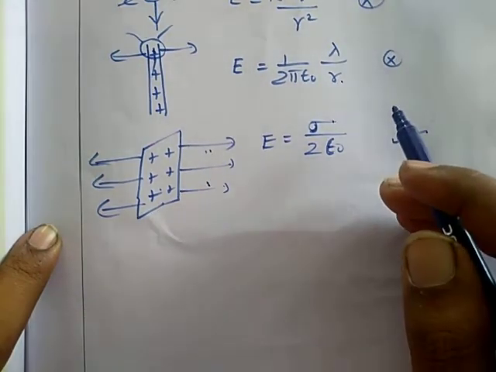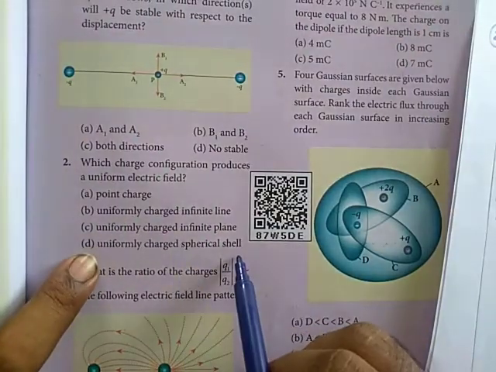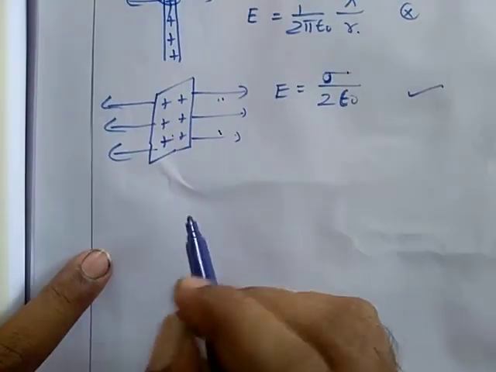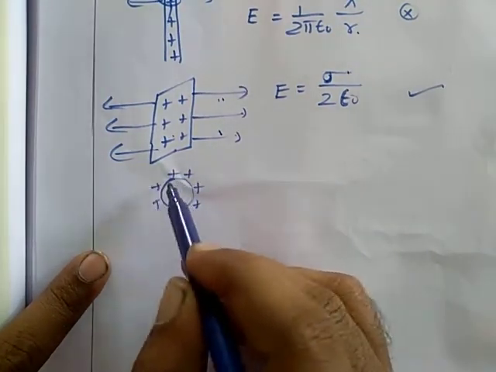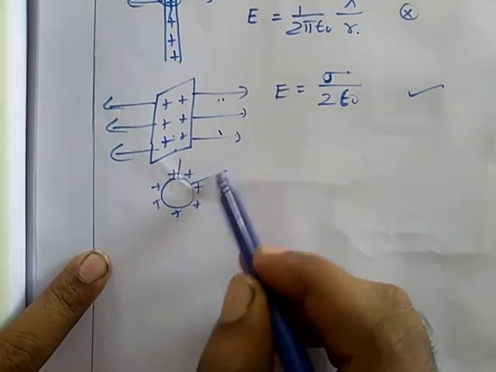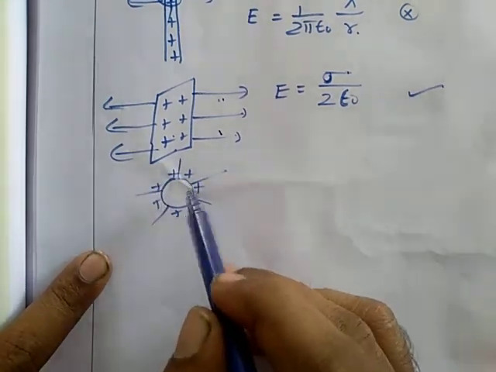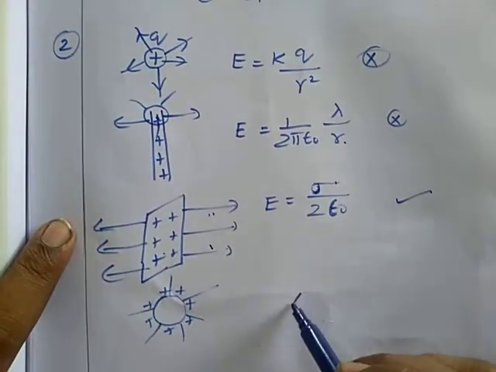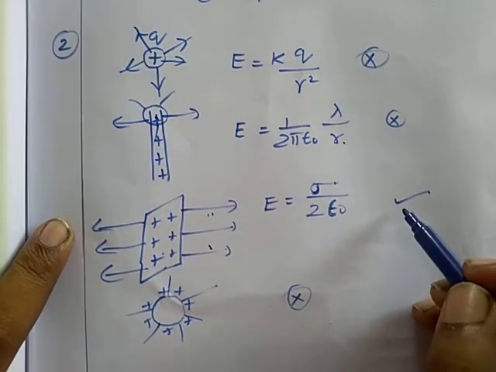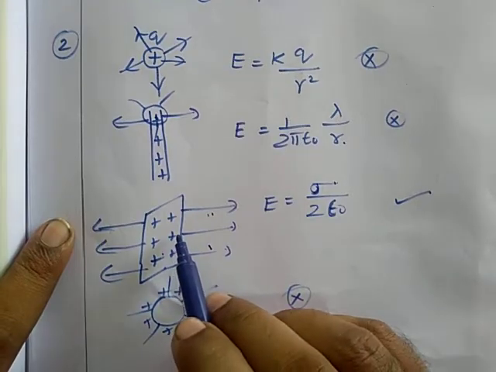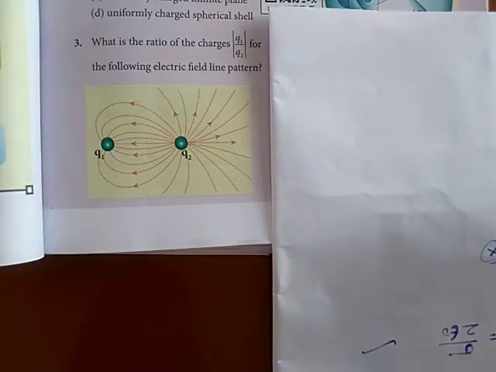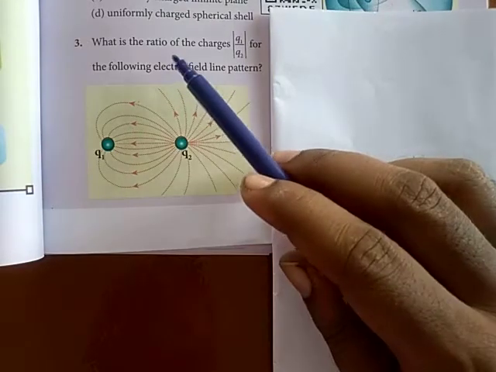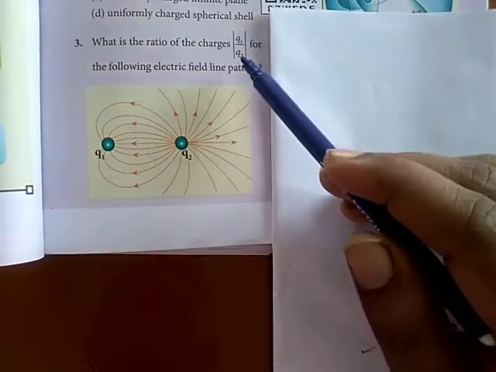Okay, then the last option is nothing but a spherical shell. We know for a spherical shell, the charges are accumulated on the surface of the shell. It also produces a radial electric field, because it is considered as a point charge. It is also not a correct answer. Okay, so the answer is infinite plane sheet. So the option is, I think, C. Option is C. Okay, then question number 3, what is the ratio of the charges Q1 by Q2 for the